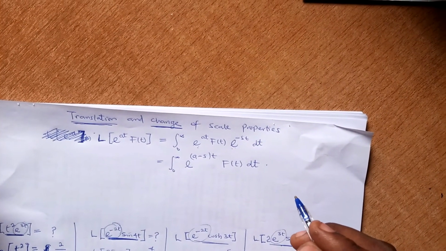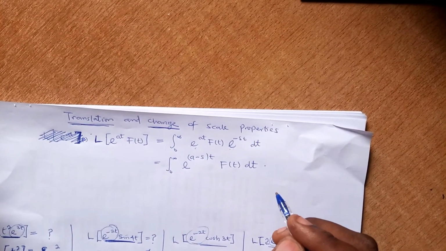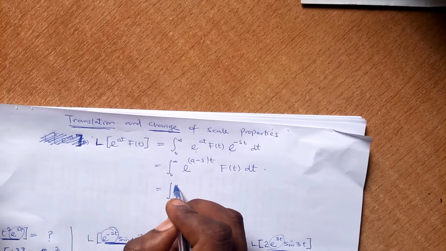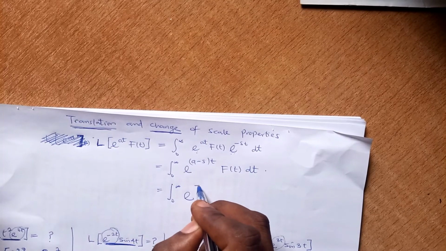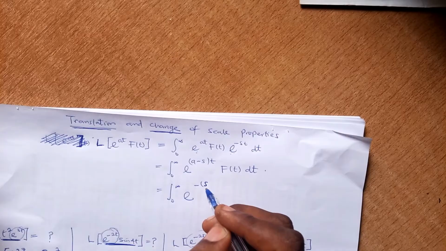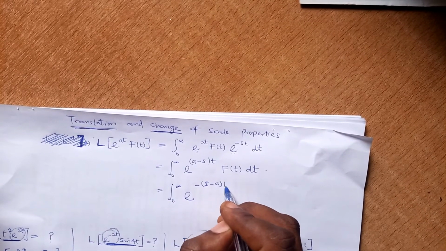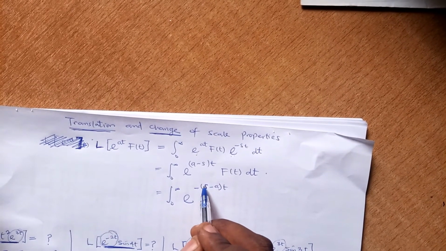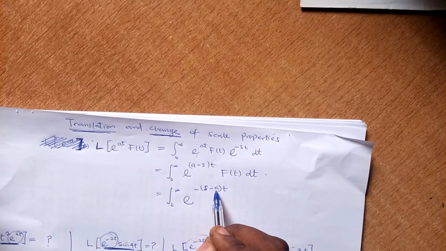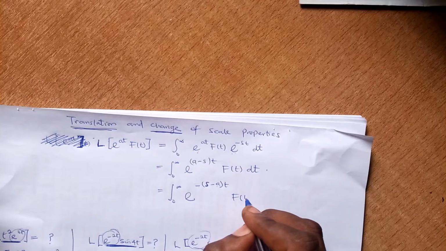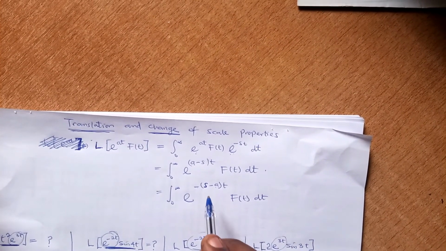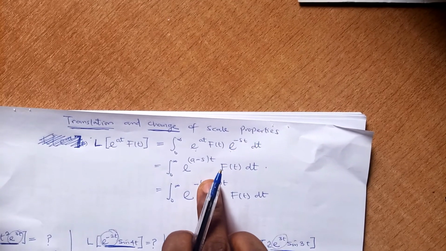Now, if you look at this very well, you see that it's very simple. Because I can rewrite this one to give me the integral from 0 to infinity of exponential minus, with the minus coming out here to give me x, then minus a multiplied by t. Look at this. This and this will give me plus at. Then f of t dt. Do you notice now that